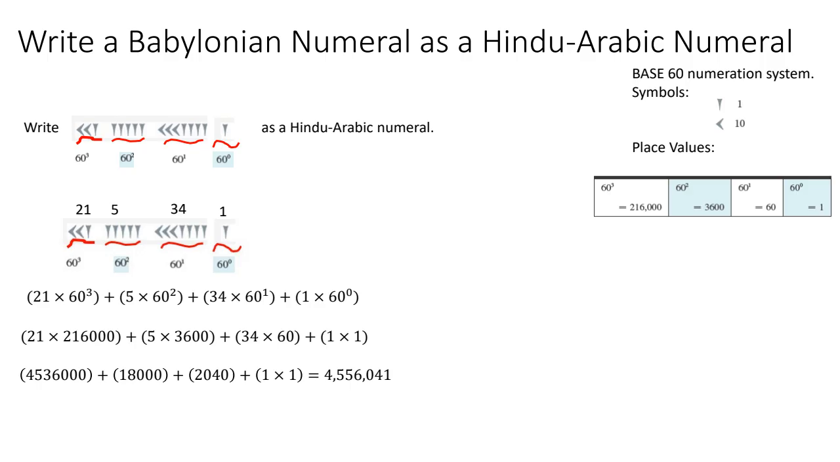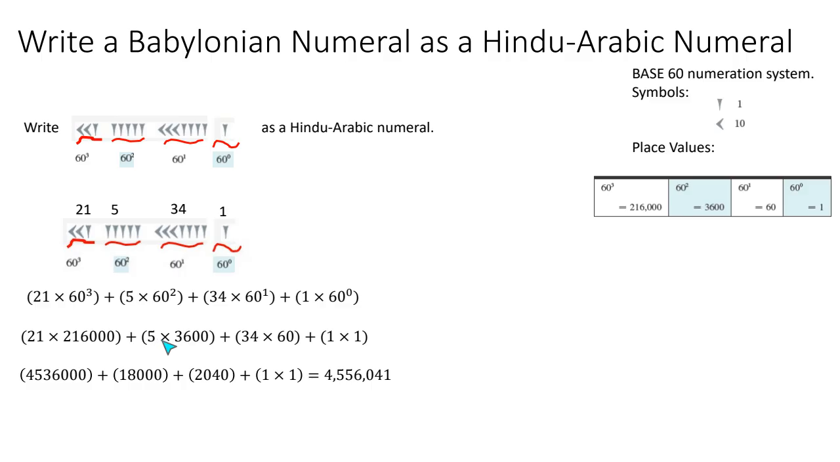All right, so we have 1 times 60 to the 0 power. We have 34 times 60 to the first power, 5 times 60 squared, and 21 times 60 cubed. So 60 cubed is 216,000. 60 squared is 3,600. And if we multiply it out, 21 times 216,000 is going to be